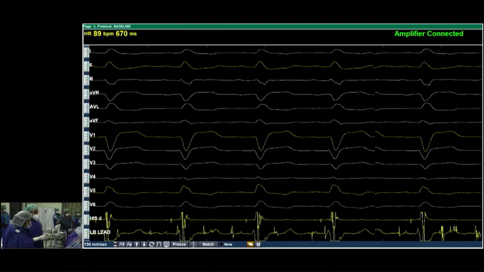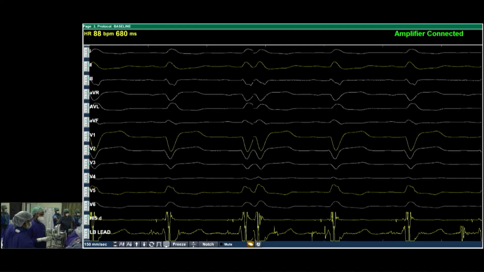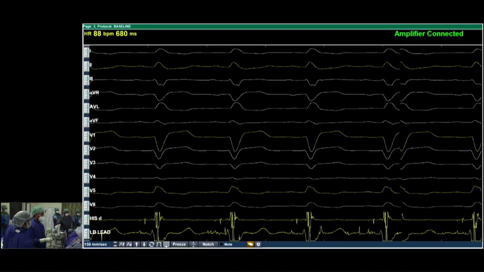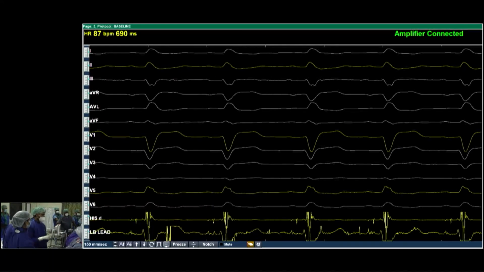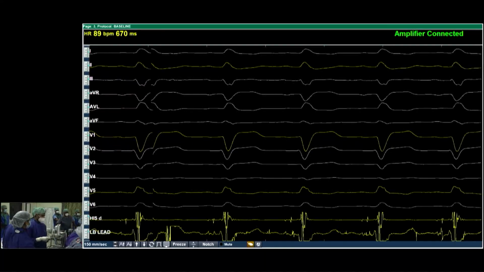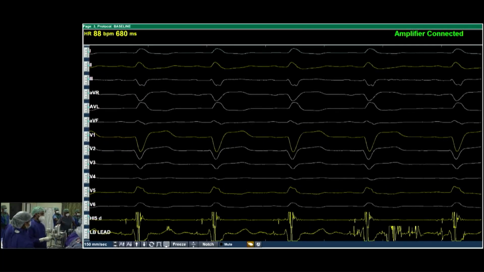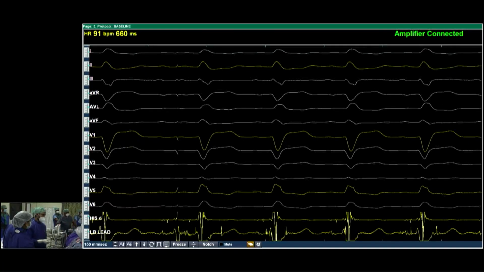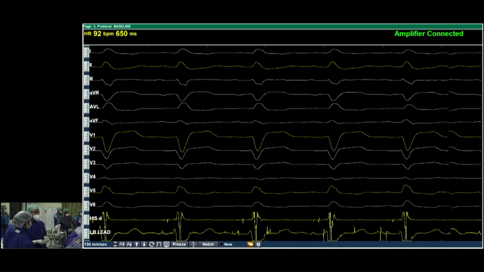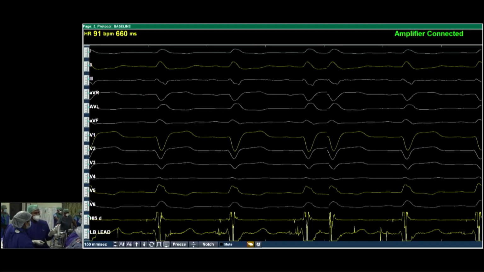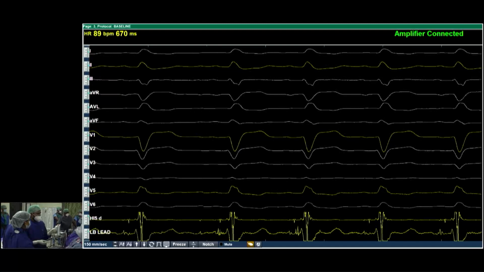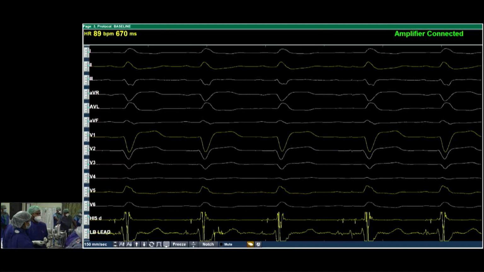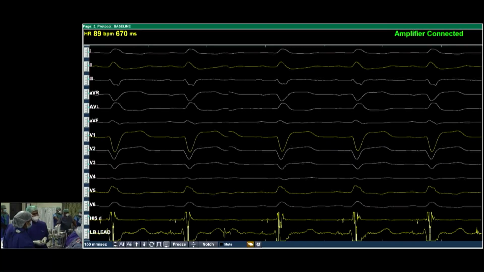Though it looks complex, it is probably the easiest way of doing left bundle branch pacing, because one thing, it will save your time. You don't have to disconnect, connect, and check for pacing and all these things. And the second thing, since you are doing it rapidly, the fluoroscopic time will come down. Another important thing which we observed is the troponin release. We have compared the two groups, and we have labeled the PVC as a template beat. And we were surprised to see that the myocardial injury, as measured by troponins, was less in patients who have undergone this PVC guided deployment as compared to those patients without this PVC guided deployment.